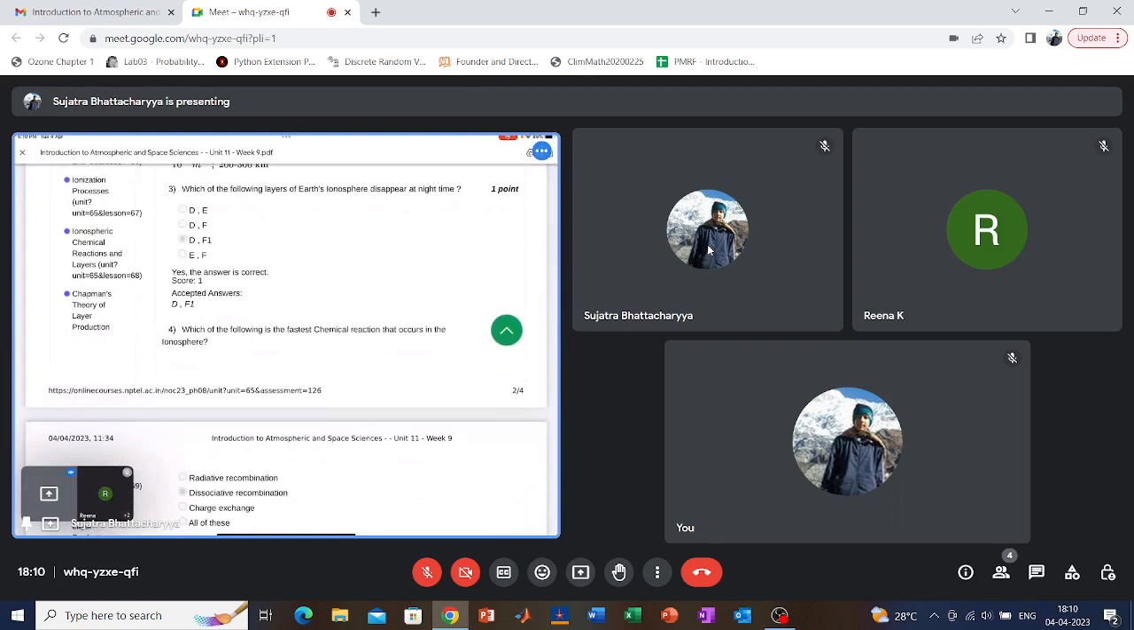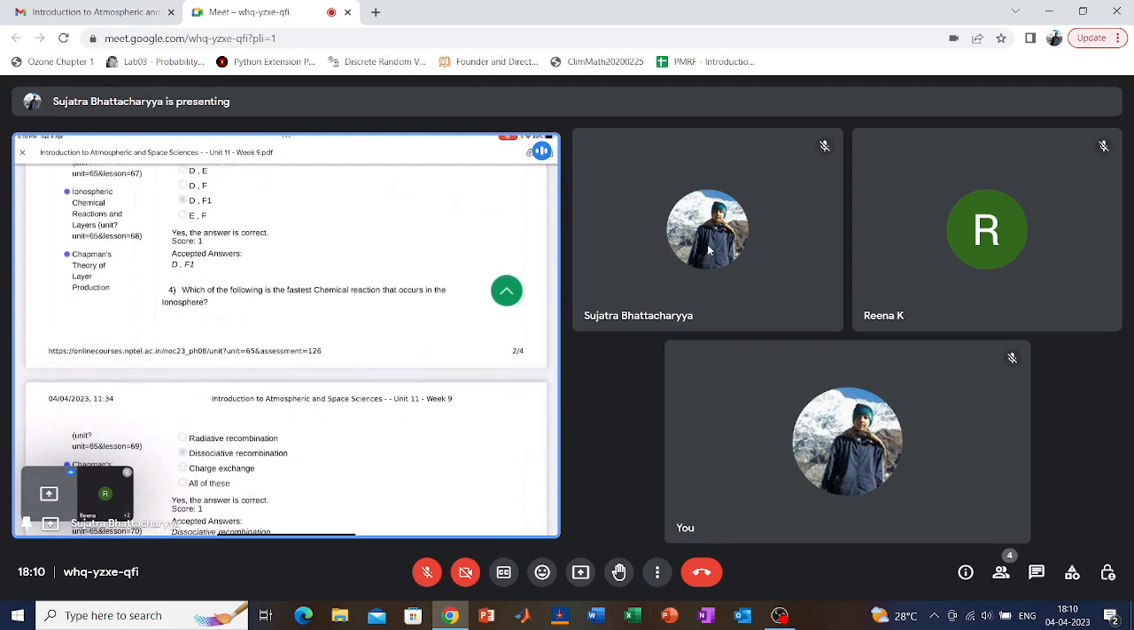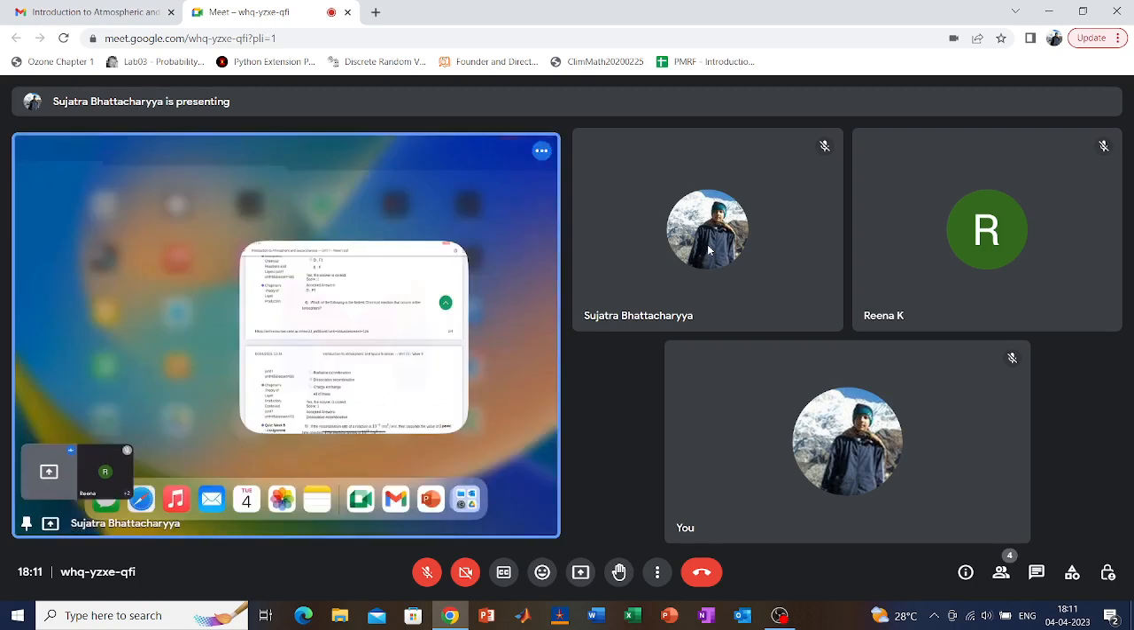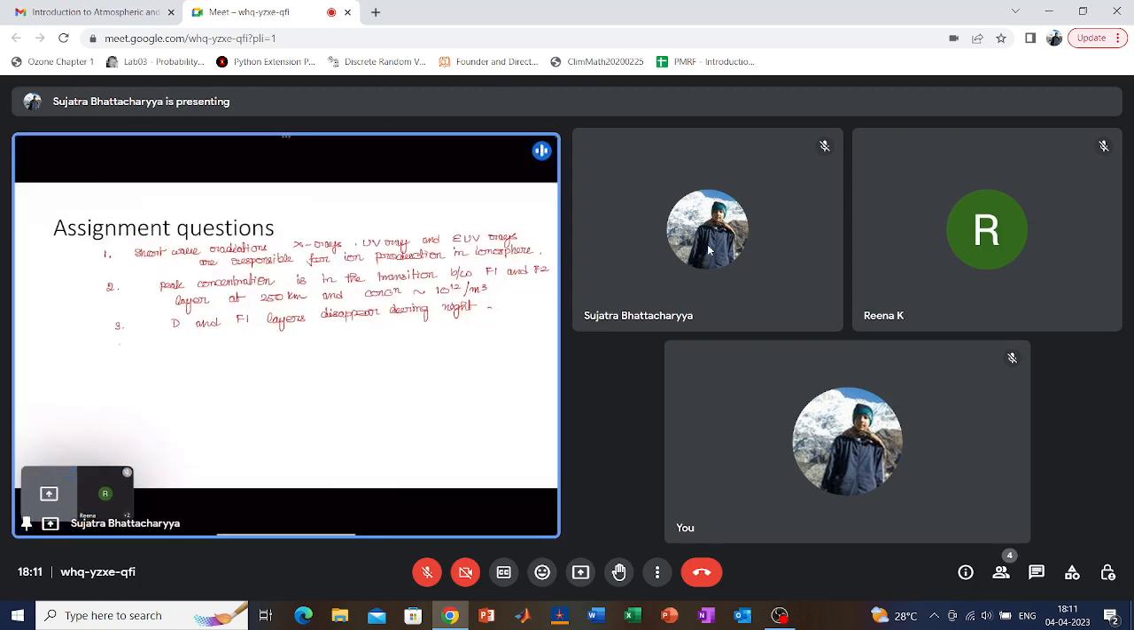The next question is which of the following is the fastest chemical reaction that occurs in the ionosphere? First is the radiative recombination, then dissociative recombination, then charge exchange, and all of these. The correct option is dissociative recombination. Why? Because the recombination rate of the dissociative reaction, let me write the actual value, is about 10 to the power minus 13 per meter cube per second. Means per second it is creating about 10 to the power minus 13 per meter cube. So that is the recombination rate